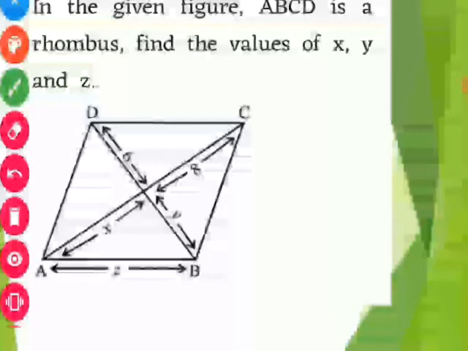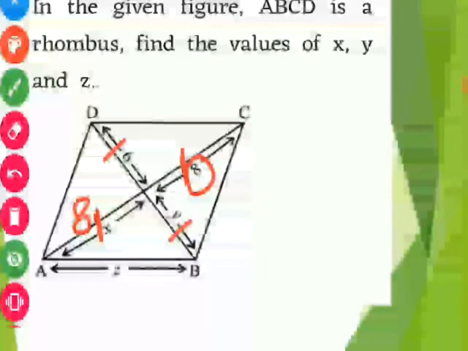Now the next question. In the given figure, ABCD is a rhombus. Find the value of x, y and z here. So we have to calculate the value of x, y, z here. So let's do the question. As you know, the diagonals of a rhombus bisect each other. That means this side will be equal to this side. So if this is 8, then this will also be 8. So similarly, diagonals of this side also equal. So if this is 6, this will also be 6. So this way we have calculated the value of x equals 8 and the value of y equals